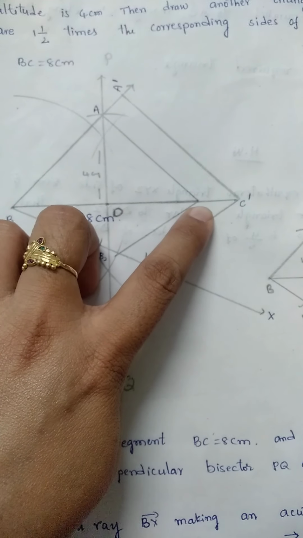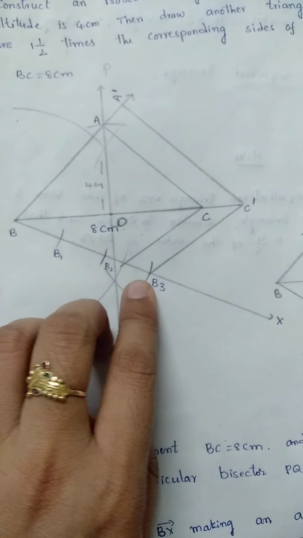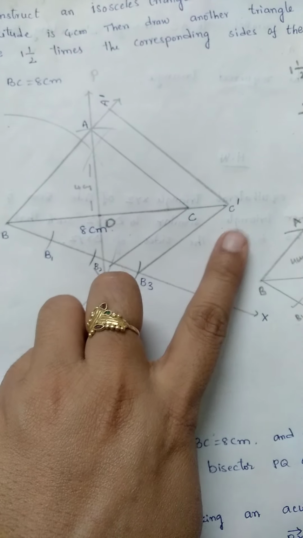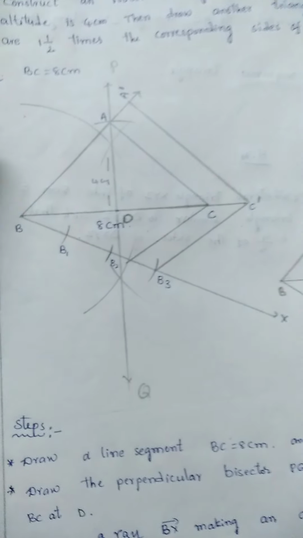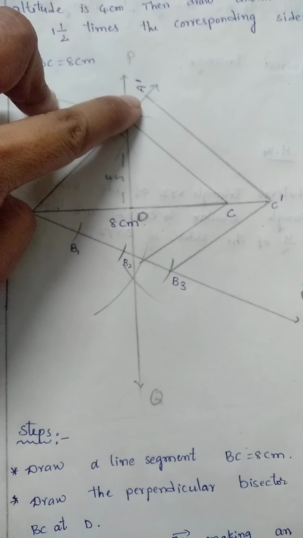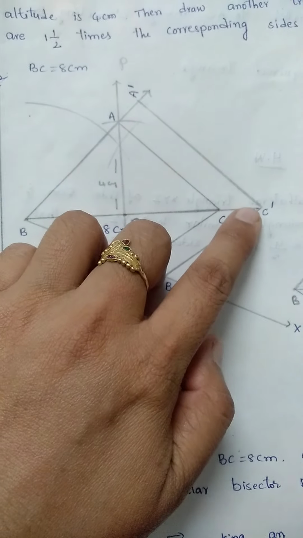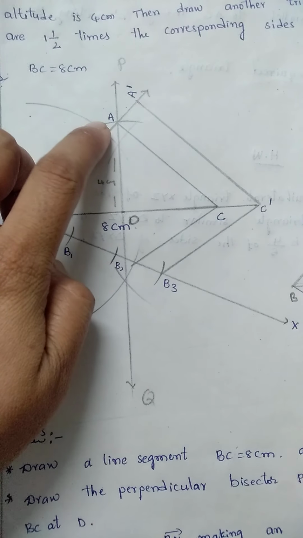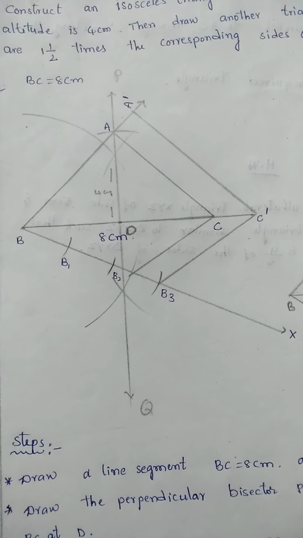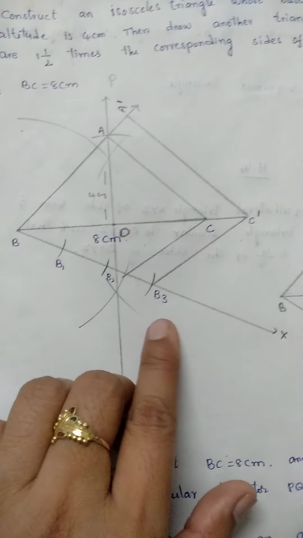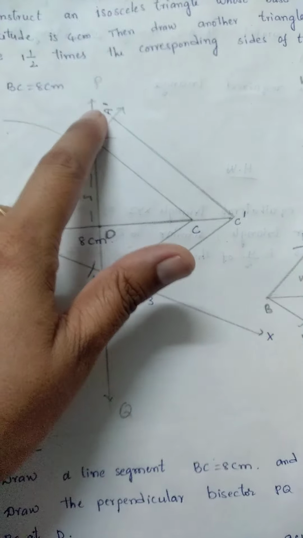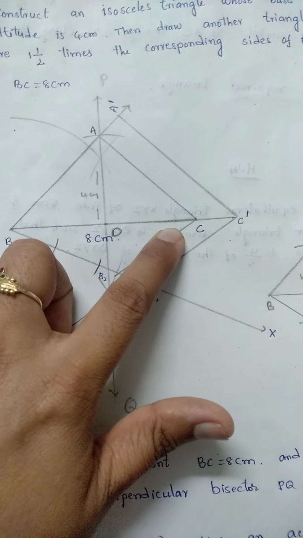Okay children, next, last is the BC line. Because it is an outside triangle, the BC line segment is produced to C dash. Next, join B3 C dash, closing the figure. Then B2 C, and next the AB line segment is produced. Join C dash A dash, because AC is parallel to A dash C dash. So in this diagram B3 C dash is parallel to B2 C, and C dash A dash is parallel to AC.